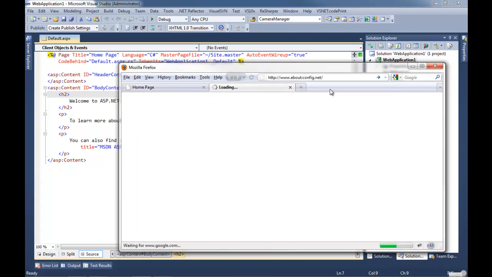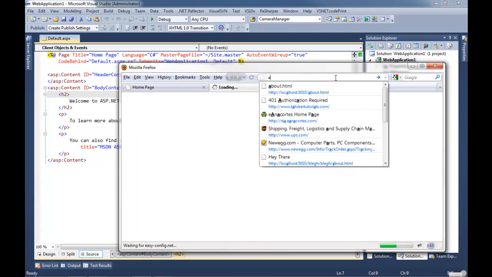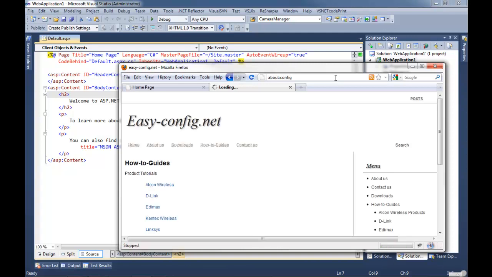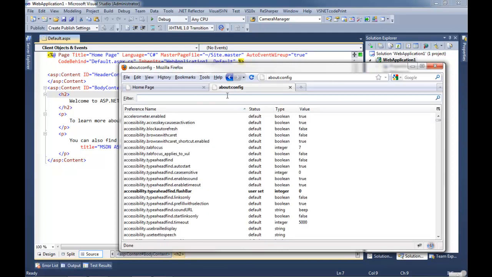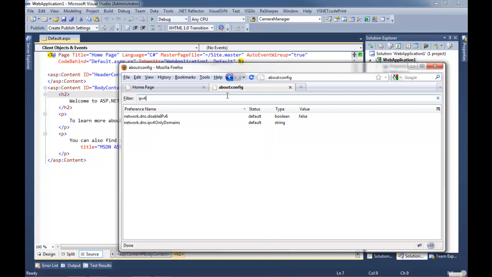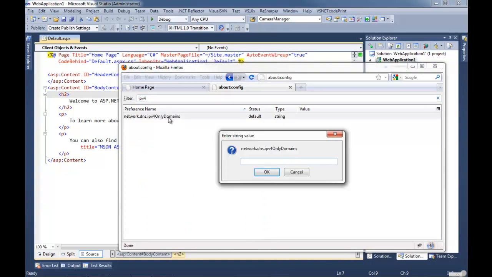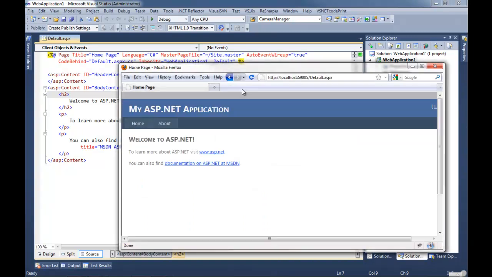So we're going to go into About Config, not About Config.net, About Config, and you'll need to do this if you use Firefox. Search for IPv4, only domains, double-click, and add localhost. And what this does is this makes this run a lot faster. And you have to do this on Firefox. Otherwise, you're going to be waiting 1 to 2 seconds per request. And that has to do with IPv6 not working properly in Firefox.